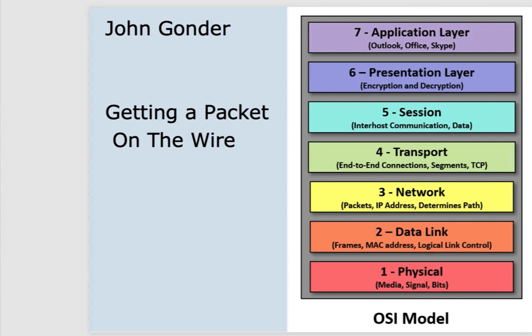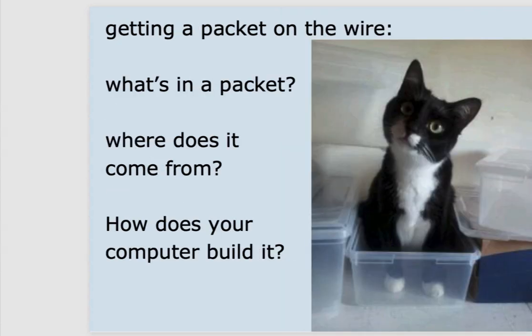What actually is inside a packet, and what are things that need to be put together in order for it to go from your computer out onto the net? Where did those things come from, and how does your computer go about building a packet? These are really important things to know from any standpoint. If you are in computer security, ethical hacking, penetration testing, network analysis, troubleshooting, you need to know what is the process that actually happens on the computer when we build a packet.